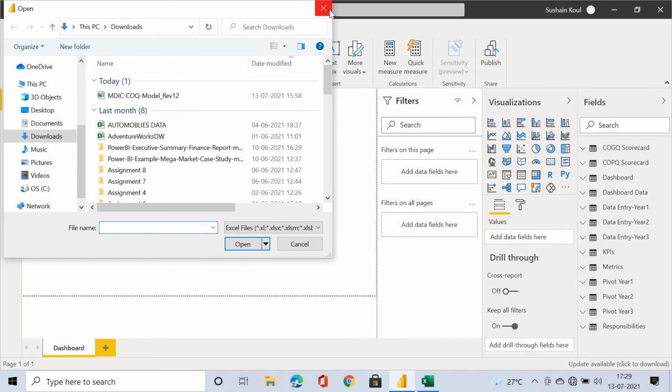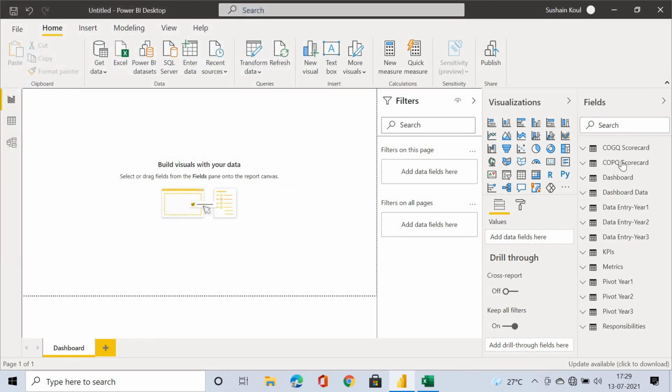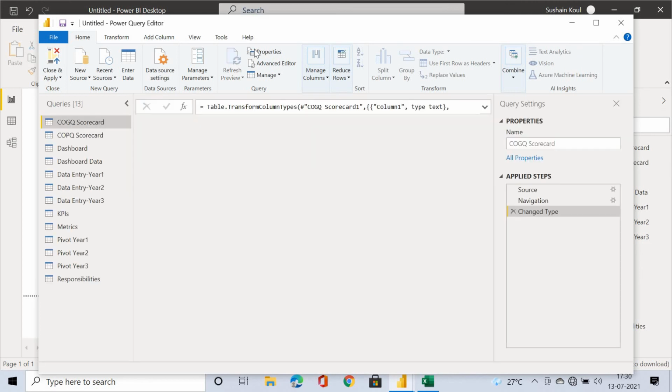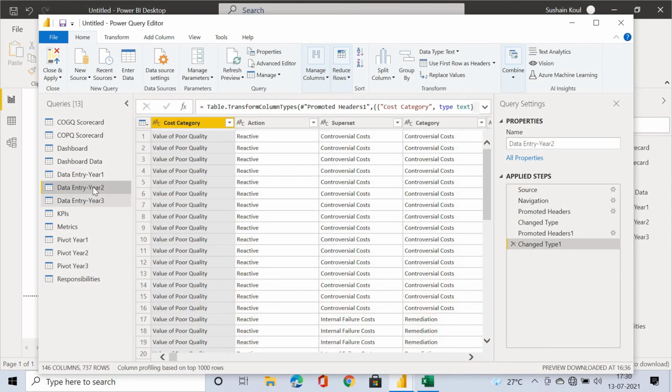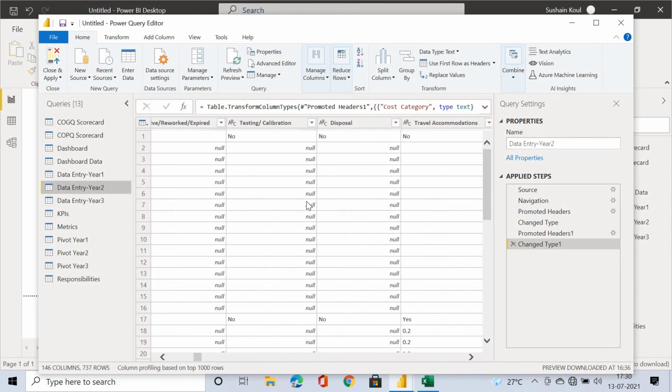Once the navigation window appears with all these tables, check mark all of them and load it. It will take some time. Have patience and it will get loaded surely. So now once everything is done, there is one more step we are supposed to do before starting our report. First, go on to the year 2,